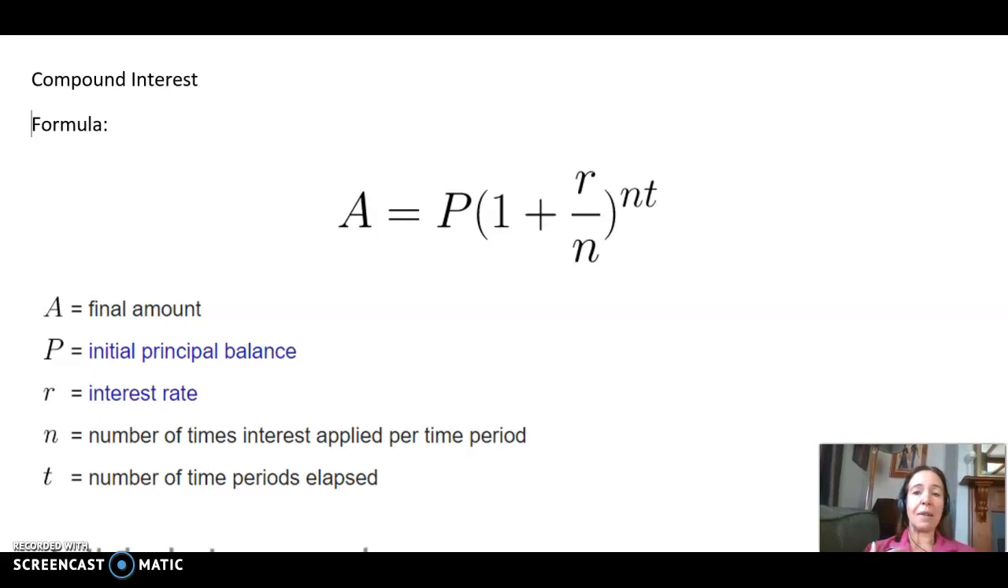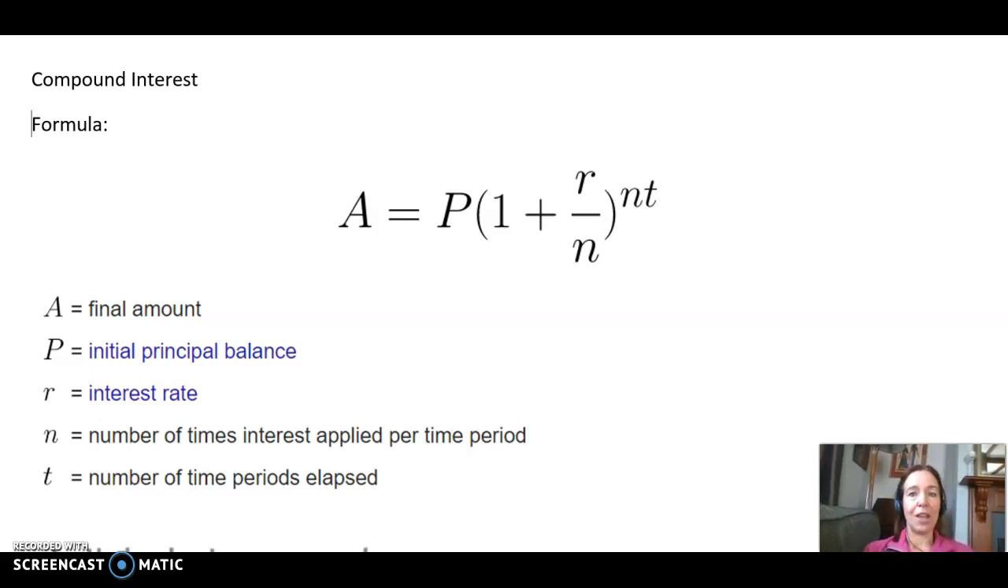periods have elapsed. Now the periods are different, depending on how often you get the interest. Sometimes you get the interest daily. So if it was daily in a whole year, you'd get 365 days times the interest rate. If it was monthly, then in a year you'd be getting it 12 times. If it was weekly, it would be 52 times. So that is going to change, and you are going to need to think about it as you go along